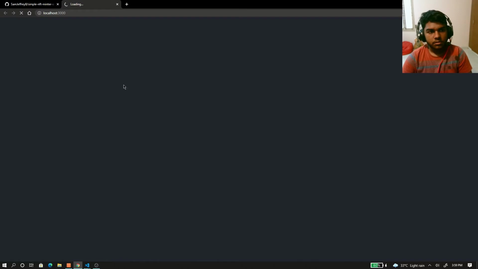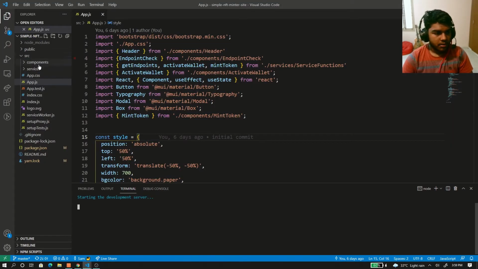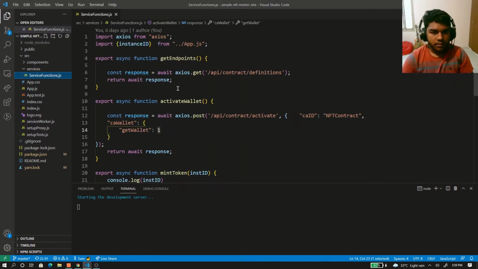Let's look at this. By the time it loads, I'll just show you the functions that we use to call these APIs. So this is the path of this endpoint. It's API contract and then definitions. We are first getting the endpoints that are available in this contract, and then we are having this post request